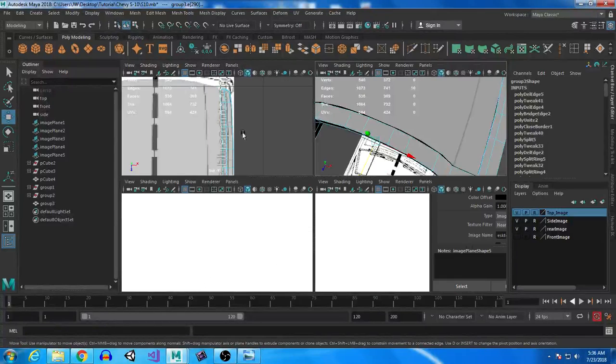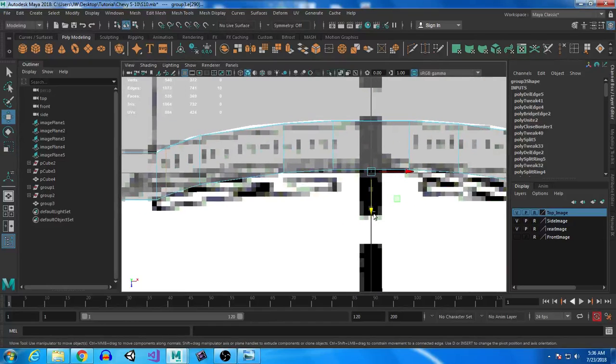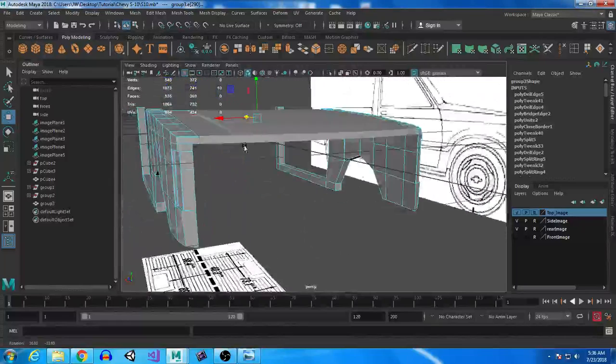And I'll go in and work with this a little bit more later on in the top view, just trying to make all these curves nice and smooth, which actually they don't look too terribly bad, honestly. Let's just go ahead and bring this down just a little bit, something kind of like that. There we go. Good enough for government work. Okay, so anyways,